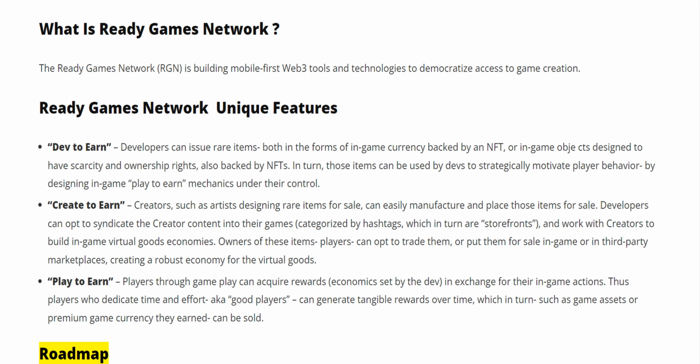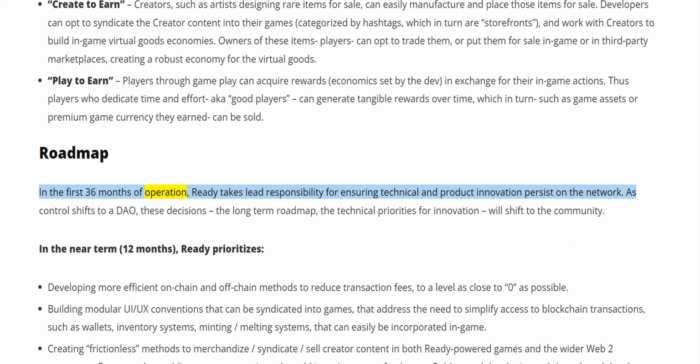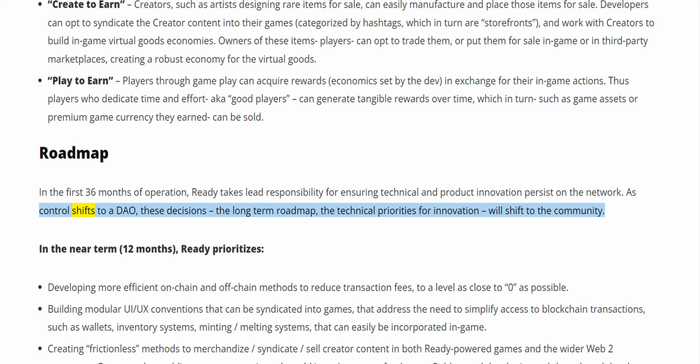Roadmap. In the first 36 months of operation, Ready takes lead responsibility for ensuring technical and product innovation persist on the network. As control shifts to a DAO, these decisions, the long-term roadmap, the technical priorities for innovation, will shift to the community. In the near term, 12 months, Ready prioritizes